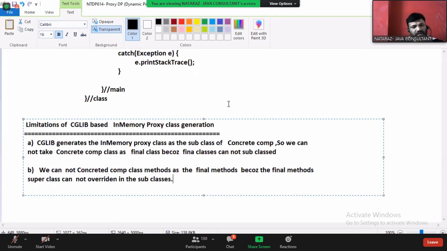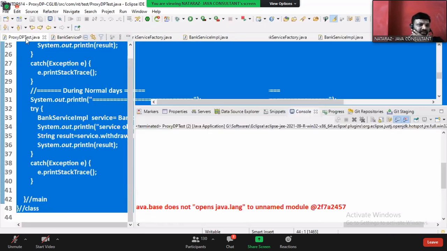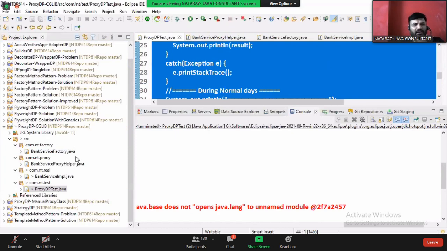Cannot be overridden in the subclasses. Clear? Great. To overcome this problem,